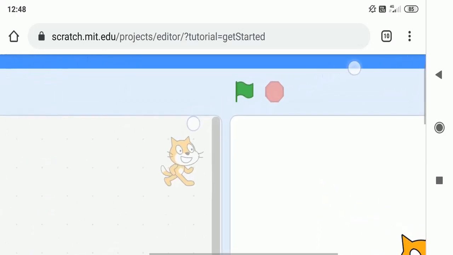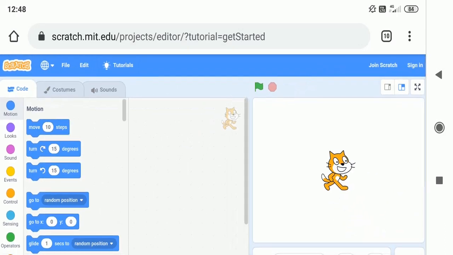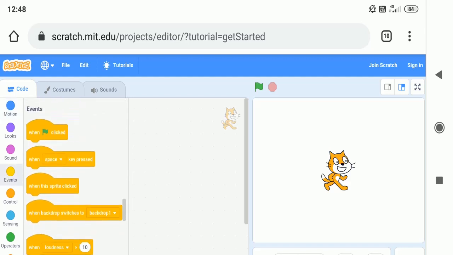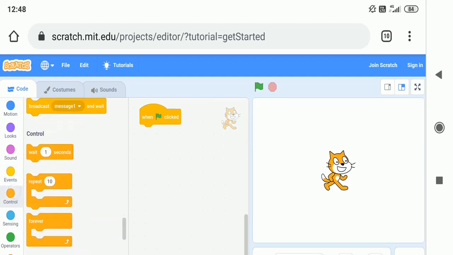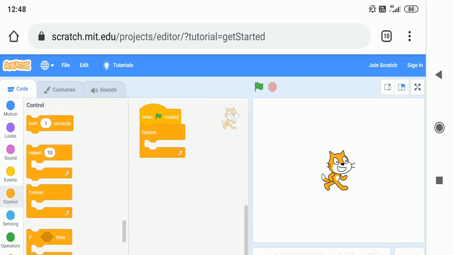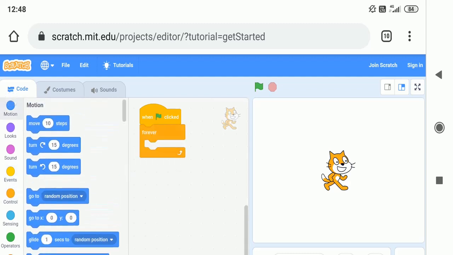So we can zoom it the same way. So it's a little easier when compared to the mobile view. The same way you can use different blocks to program your sprite in the desktop application as well.